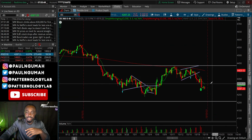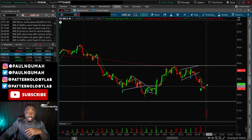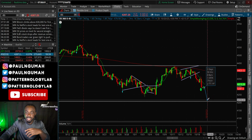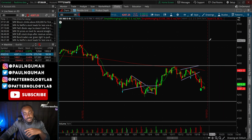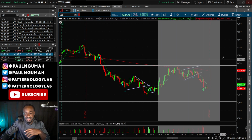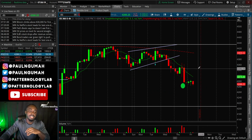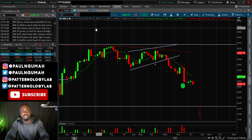Looking at it the way it is, next level of support is at the very bottom at 4,200. It would be a very wild sell-off if we got there. That would be about a negative 1.8% drop, or negative 2% drop actually, if we got there today. It's possible. Is it likely? It's lowly likely. But it's possible that we drop that much today, so just keep that in mind. Now we're gonna look at QQQ